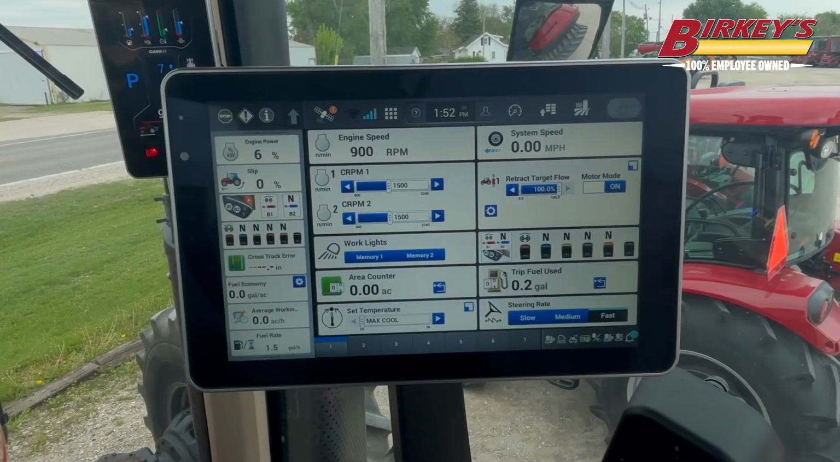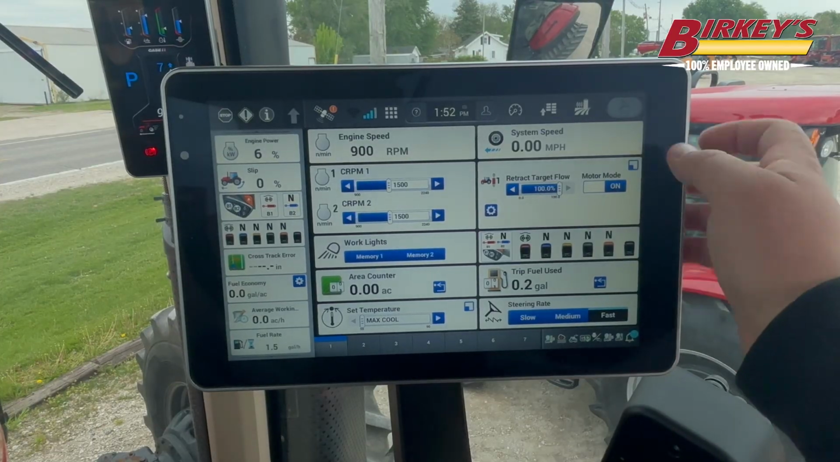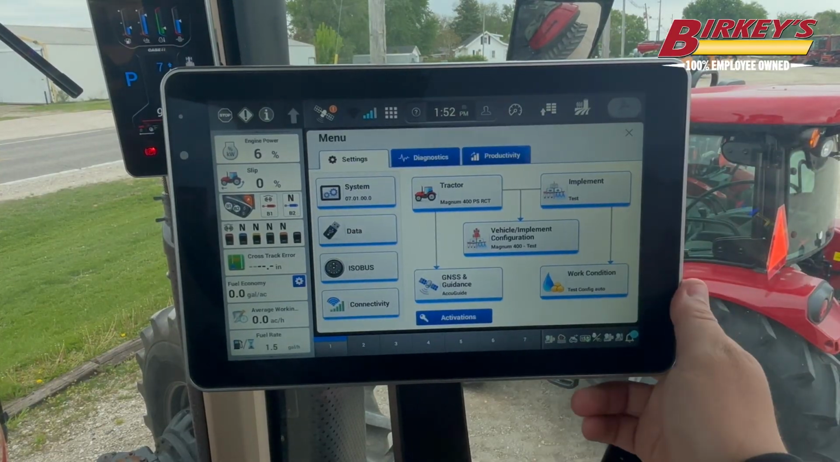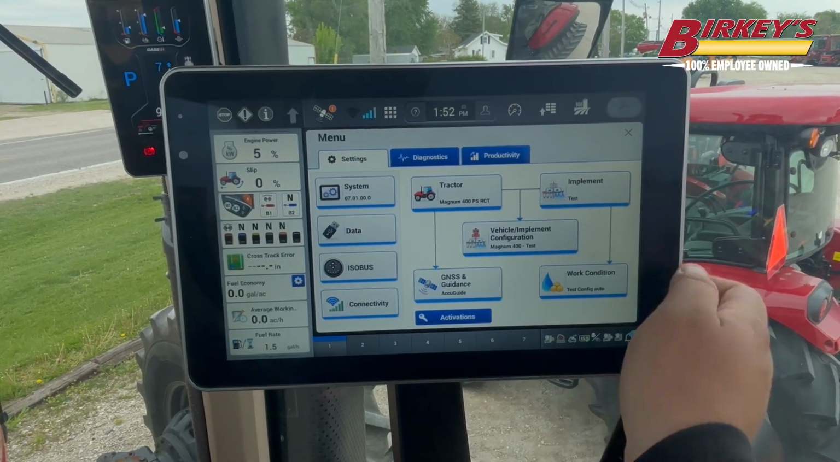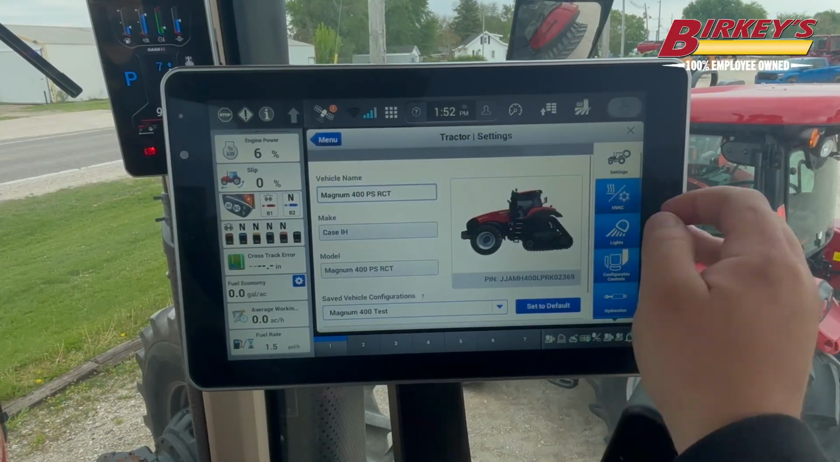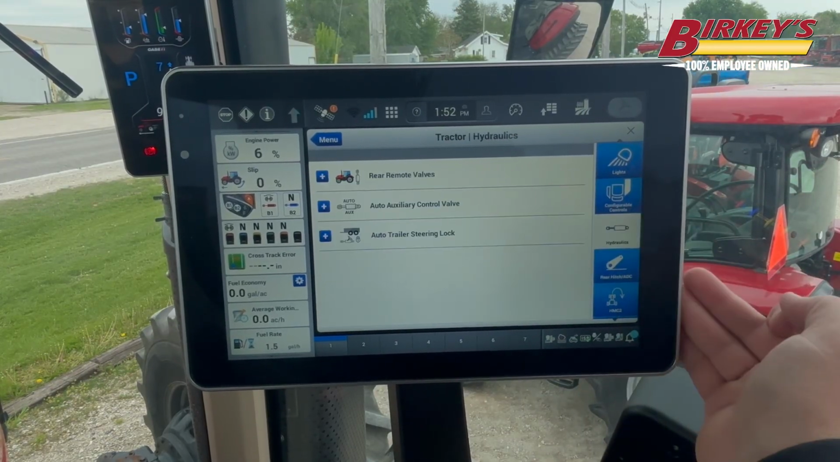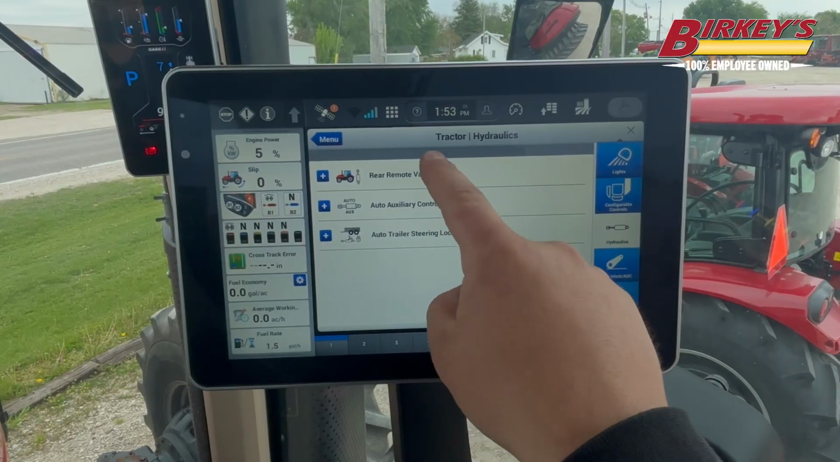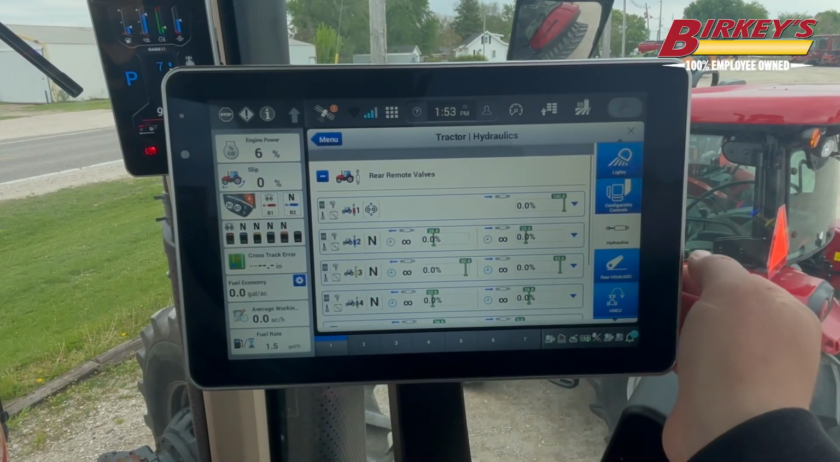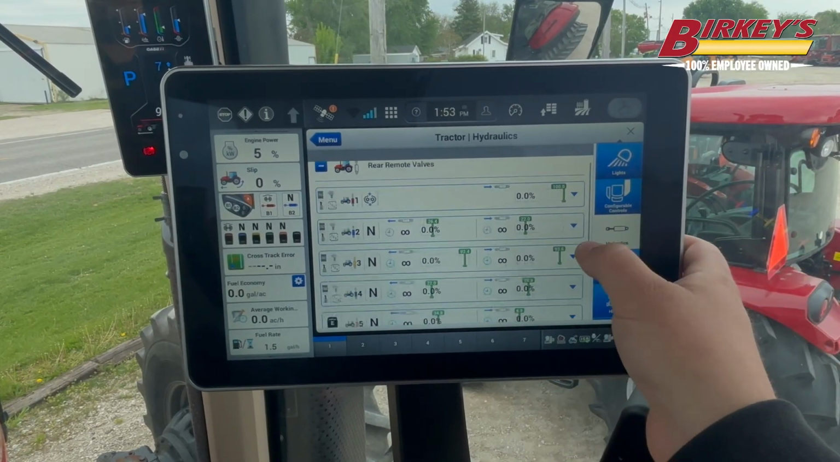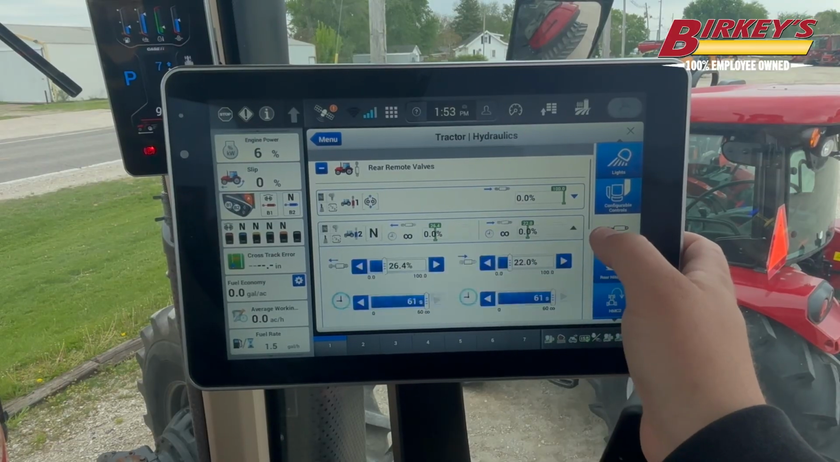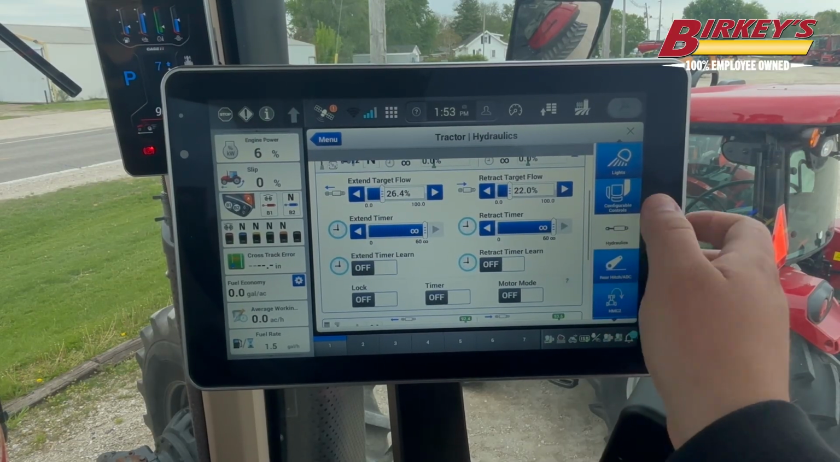All right, folks, once our display has loaded up here, we're going to go ahead and come up to the 7 boxes with the arrow pointing upwards to access the settings menu. Next, we'll come into Tractor, and we'll come down here to the Hydraulics tab. Once inside here, we go to Rear Remote Valves, and then we can go ahead and make adjustments to the remotes in here. I'm going to go ahead and open the remote number 2, and as you can see here,